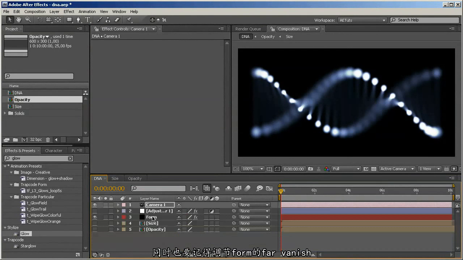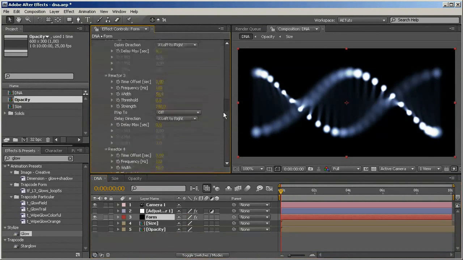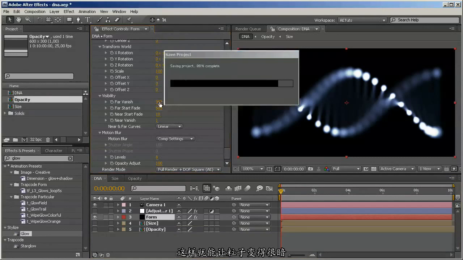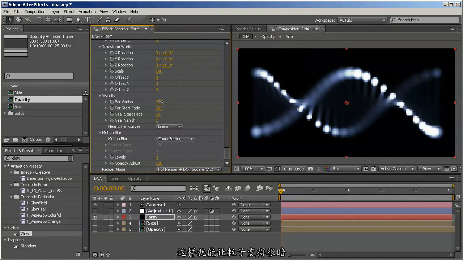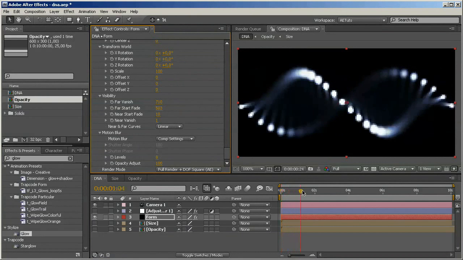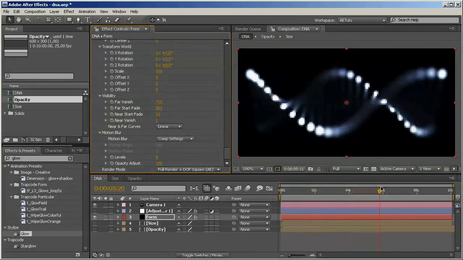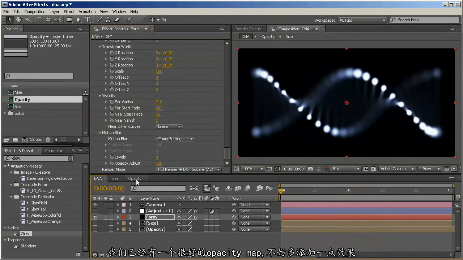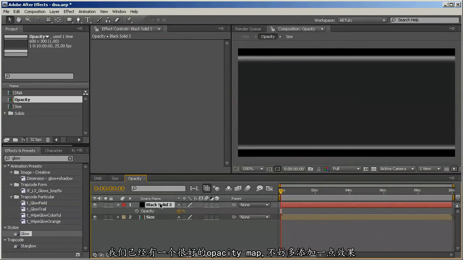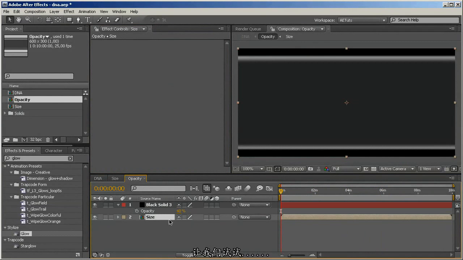And also change the far vanish parameter so that we get the particles to be really, really dark at that side, at the other side of the DNA chain. Okay, that's cool. That's really cool. And since we've got a nice opacity map, I think we can play a little bit with it as well. And let's just try